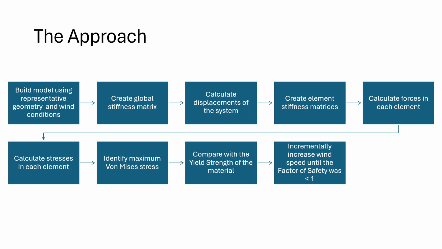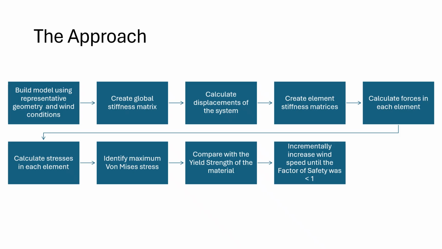So my first step was to build a model of the Eiffel Tower using actual geometry, material, and loading conditions. I then developed a global stiffness matrix. I created global displacements of each of my 60 nodes that I created for my tower, which resulted in a total of 180 degrees of freedom. I then created element stiffness matrices using the displacements that I calculated that were associated with each element. Then I calculated axial, shear, and bending stresses associated with each element